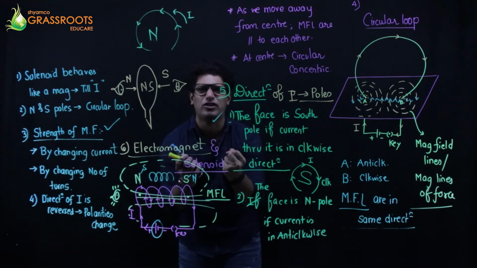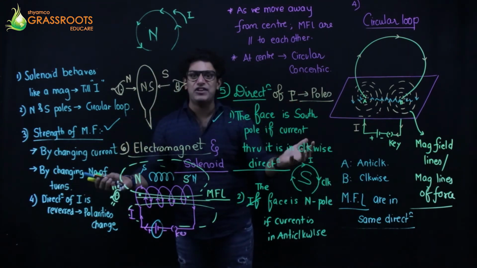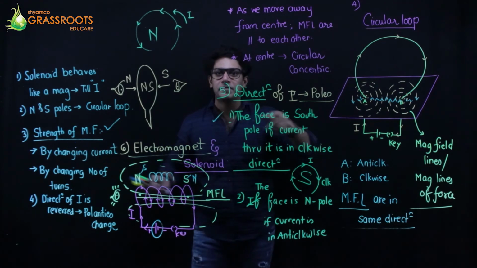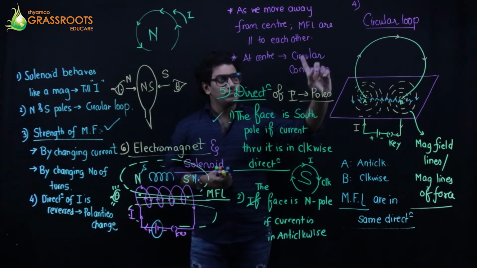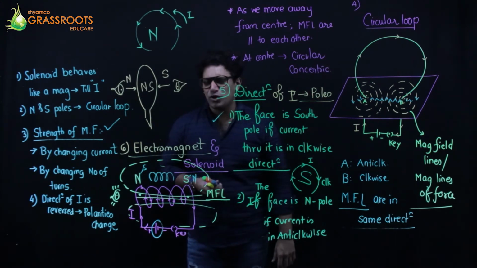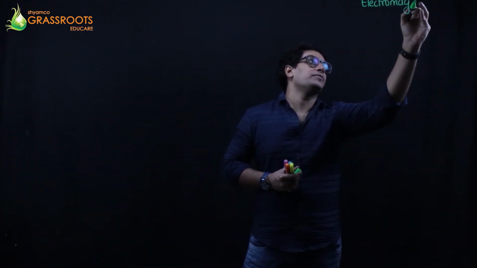But if I want to increase the strength of the magnet, I want to lift up cranes, I want to lift up heavy objects which are magnetic in nature, I'm going to use an electromagnet. Go through these three concepts, 1, 2, 3, and then we are going to go with electromagnet and the uses of electromagnet. Okay, my next answer, I think that's going to be the seventh answer, it's about the electromagnet and उसके uses. Yeah, so I'm going to talk about electromagnet and its uses.